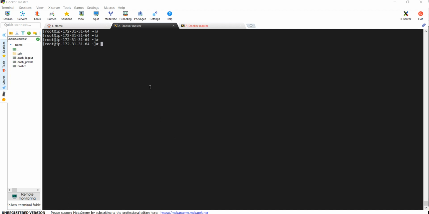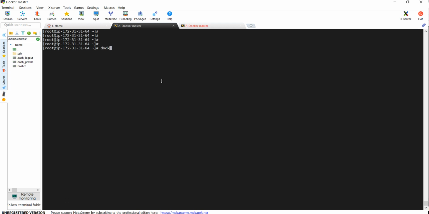Today we will discuss the base container and the service container. We can also say base container and raw container. First let me explain by practical, then we will come to the theory part.